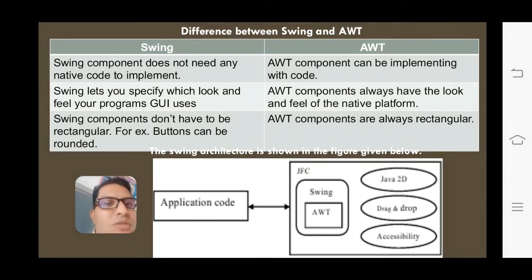By using these Swing components, you can build two-dimensional programs, drag and drop programs, or drag and drop software, and accessibility. As you know, what do you mean by accessibility? If you want to install apps from unknown sources, then you have to give the permissions, accessibilities. Those services are also allowed by using these Swing components. So that is the major difference between Swing and AWT.